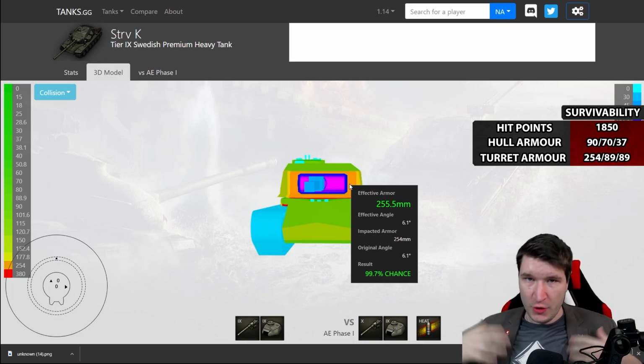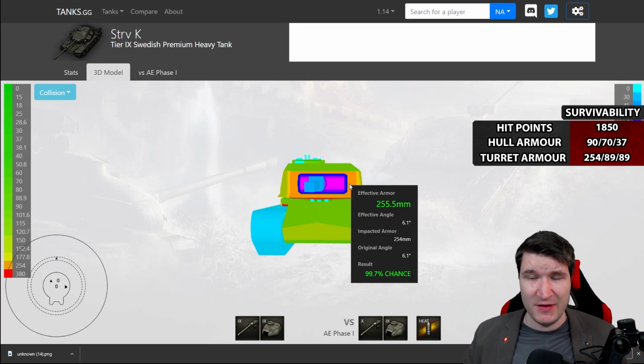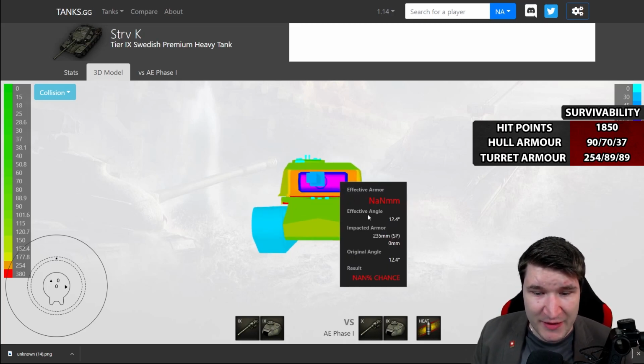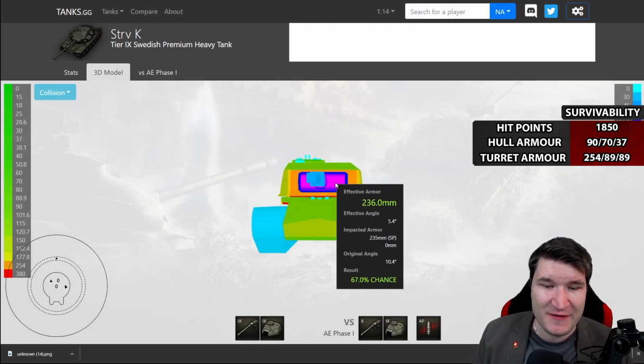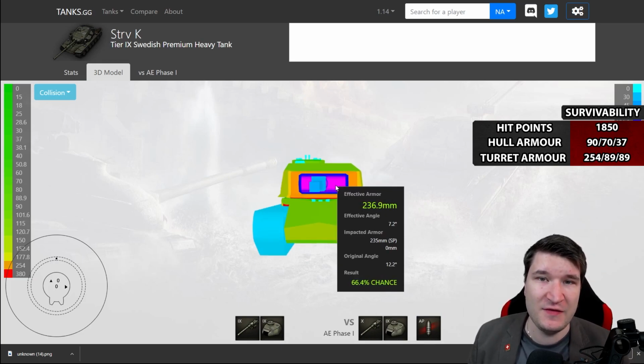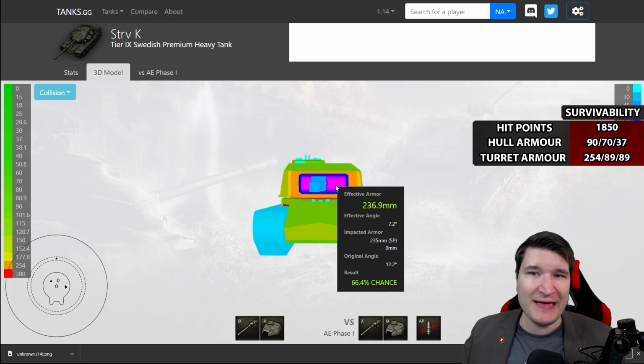No angles, no ways to really truly make the armor better. And to that you have a pretty big spot on the turret face itself of the gun mantlet, which is just 236mm thick. The Stridswagen K is supposed to be played as a heavium or a heavy tank in general,